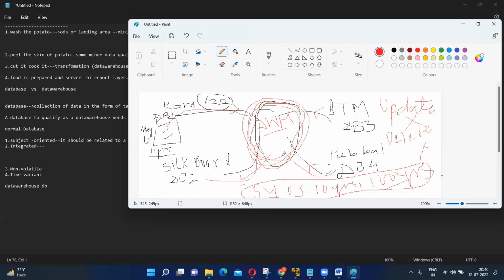Next, you will tell what? Subject oriented, non-volatile, time variant. Subject oriented means a particular subject. Non-volatile means what, guys? We cannot use update and delete and all. Time variant means what, guys? It will be a huge amount of data, 5 years, 10 years, 20 years, 100 years. It cannot be 1 month, 2 months, 6 months